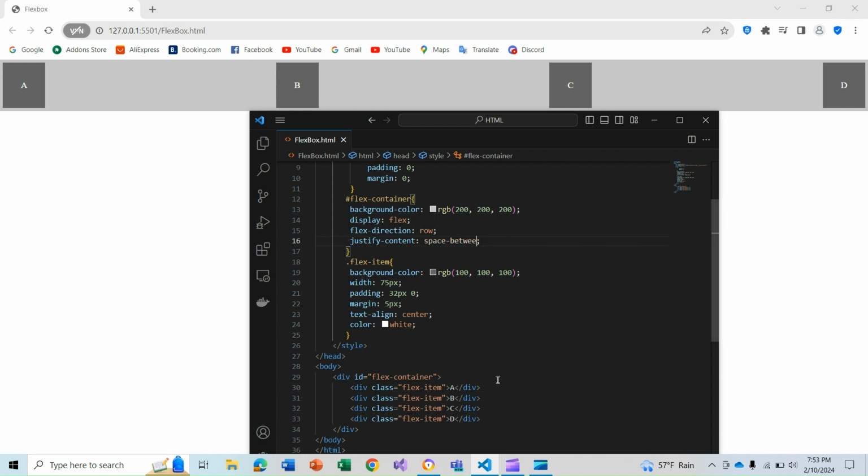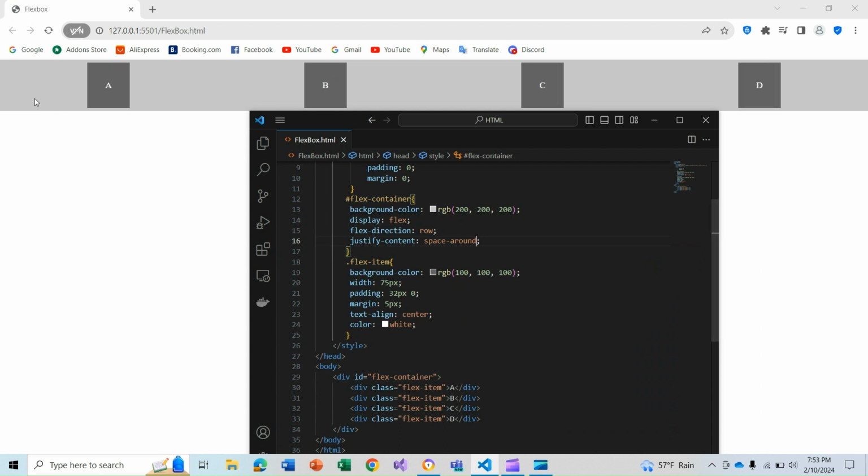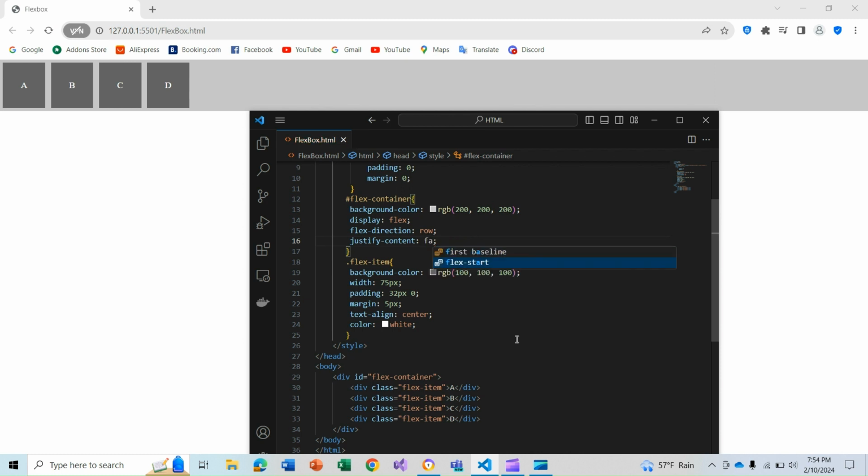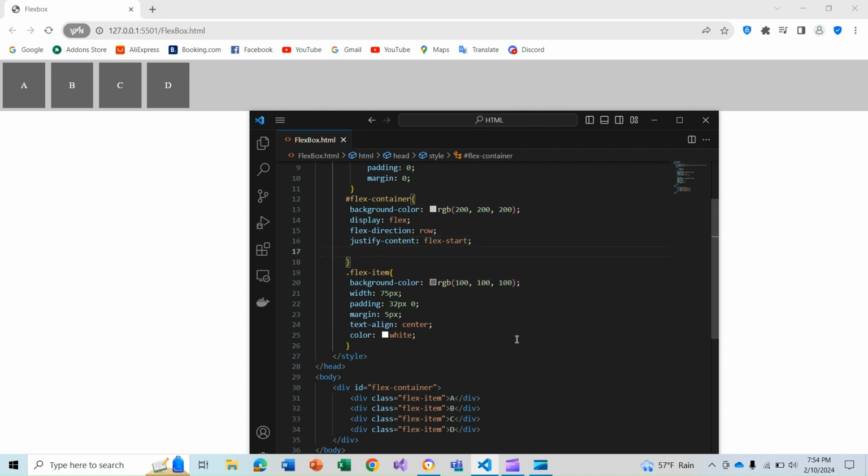Next value is space around. With that value, distance at the beginning and at the end is half of distance between items. And last, space evenly. Space at the beginning and at the end is equal to space between items. I will also go back to default value flex start, and I will move on next Flexbox property align items,